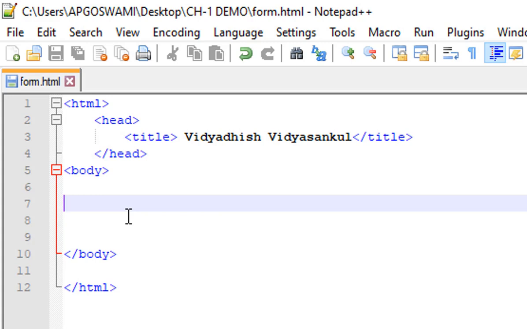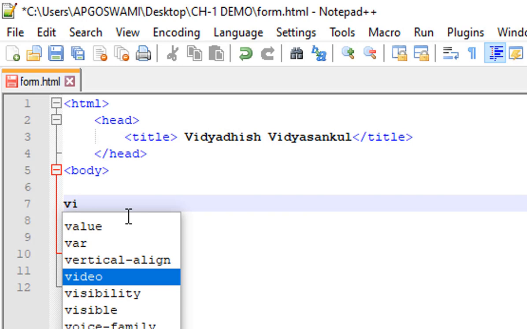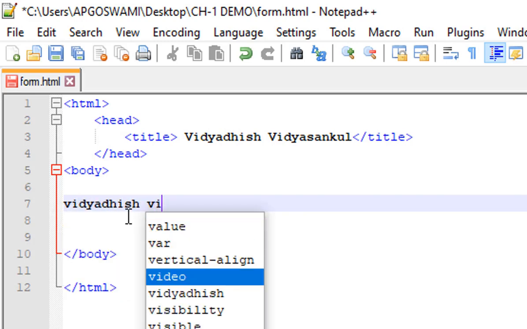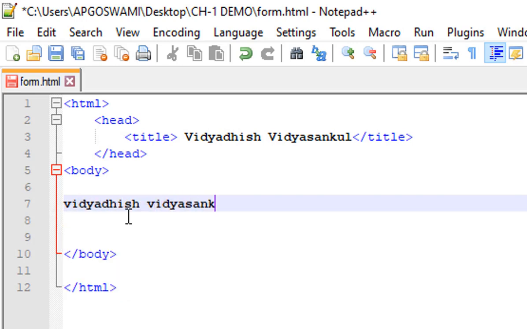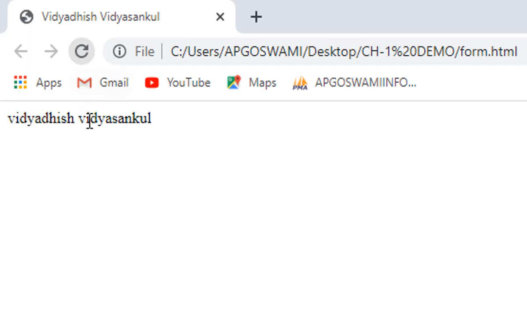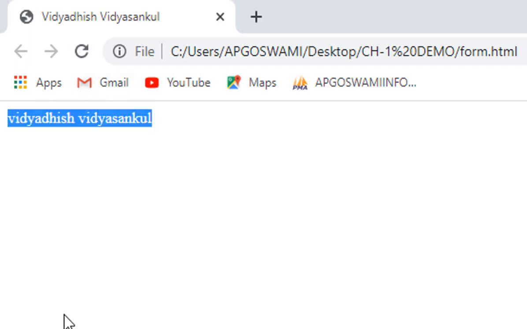What is the body part? The body part is the main part of the web page. I can type Vidyadish Vidya Sankul. Okay, now save, and here the tab is open, refresh, then it displays Vidyadish Vidya Sankul.